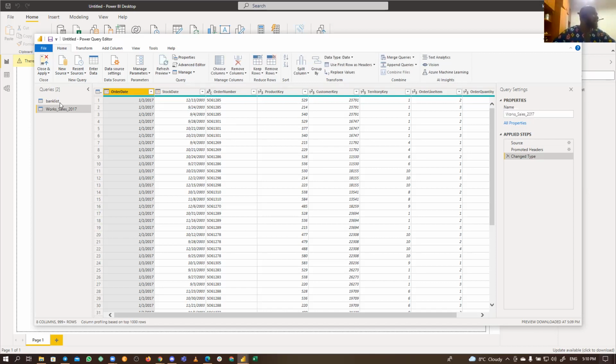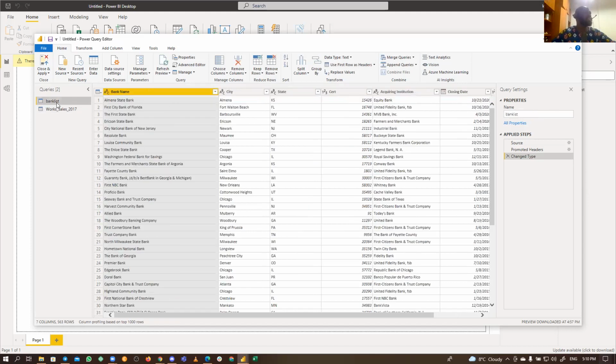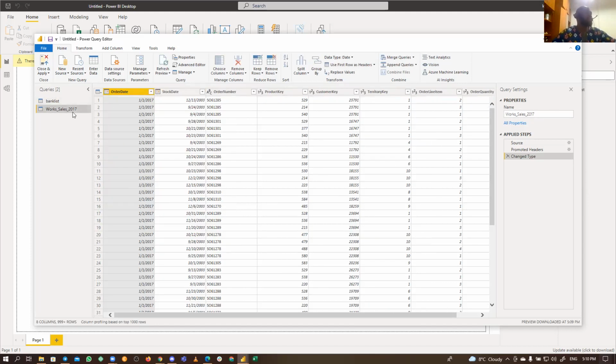Then these are like the queries, the tables that you've loaded. Initially, I loaded this bank list, the one we worked on. Now this is the new one I am loading. This is what we have here. Now, one interesting thing I need to tell you about Power Query Editor is it doesn't have Control Z. I loaded from Excel, but don't worry, we are going to load as well. I just want to show you the layout to explain. Don't worry, I will show you for sure.